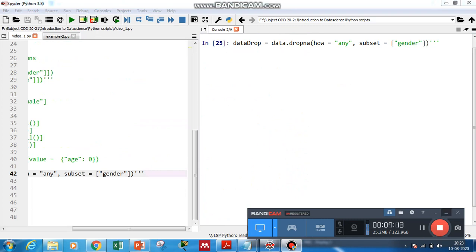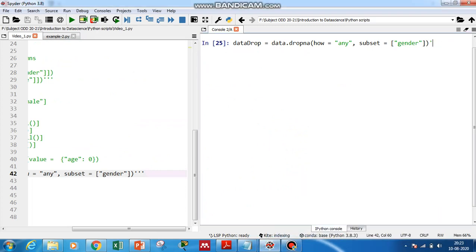Now, in the previous slide we filtered out the null values in 2 commands. Instead of doing that, we can do it in a single command. Let's have data_clean, the new data frame, equal to the old data frame which has the entire data set dot dropna function. Here we use the dropna function. And there is also how equal to any. This is the standard we use whenever we use the dropna function: how equal to any, and subset of gender, comma, since there is also null value in age. Whichever columns have null values, we can specify here. So subset is equal to gender and age.